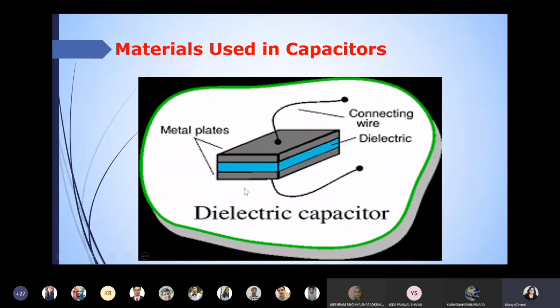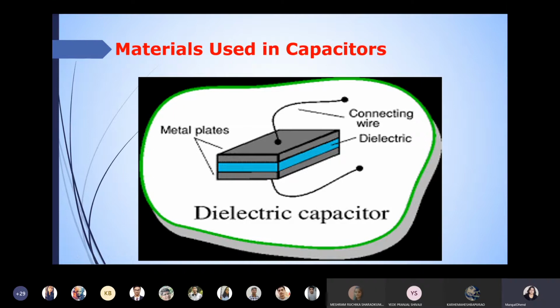So these are the metals, two plates, and in between the two plates, metallic conductor, you have to place one insulating material which is dielectric. So here we will say dielectric materials used in the capacitor. Now which materials are used in the capacitor? That is our objective. Here in this chapter we are learning insulating materials used in capacitor, used in cables, rotating devices. So that is our intention. What are the different types, and that types of insulating material has to be dielectric material, because our purpose is to store the charge. So let us see which materials are used.